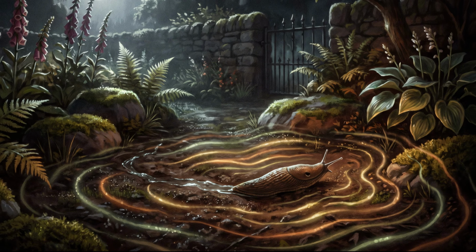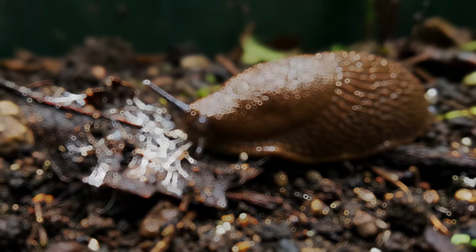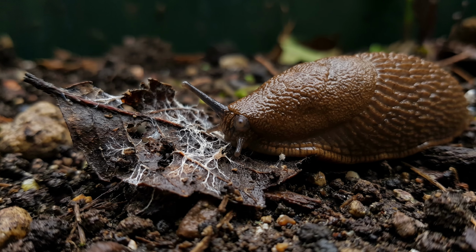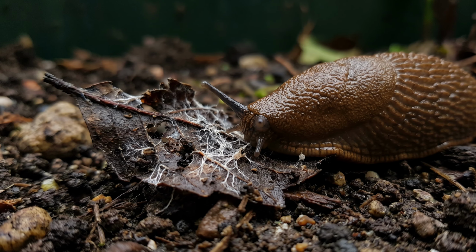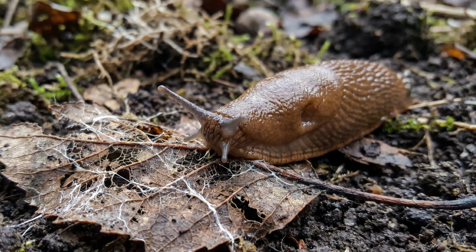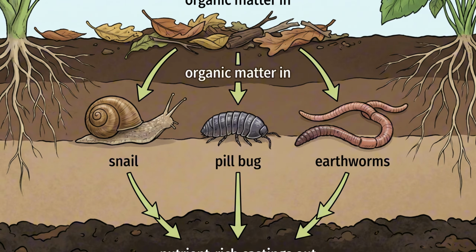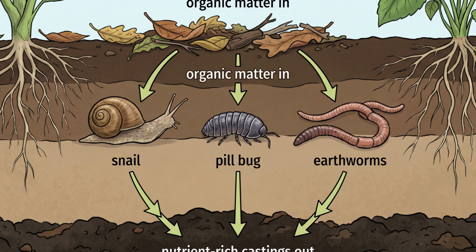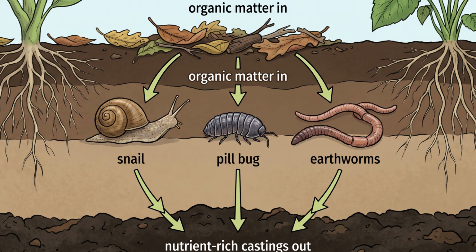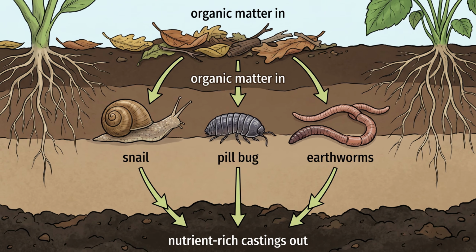And the information it is following is almost always about organic matter that is already dead or dying. The primary diet of the vast majority of gastropod species found in temperate gardens is not living plant tissue. It is decaying material. Decomposing leaves, rotting wood fragments, fungal threads, the cellular remains of plants that have already finished their life cycle. Gastropods are detritivores, primary decomposers, occupying the same ecological role in your garden that pill bugs occupy in the soil beneath your pots, processing dead organic matter into forms that soil bacteria and fungi can work with